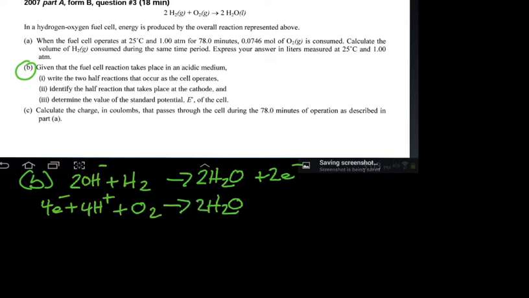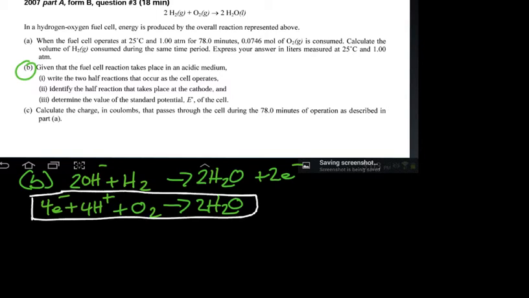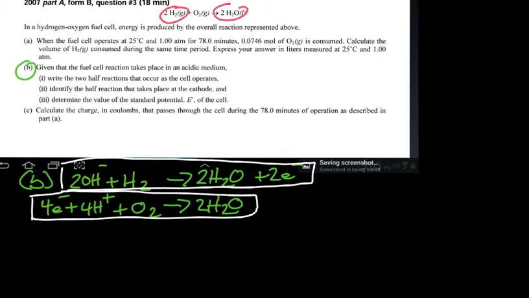So we've got these written down as they'd appear on the reduction potential table. I forgot to mention that while this bottom one is complete, and when I looked it up in the table I didn't have to flip it, the top one here was written in the reverse form, but you remember that we've got to draw the reaction as it's indicated up here, and up here the hydrogen is becoming water. So this one I did end up flipping. The other thing is, since it's done in acid, I doubt they're going to let us keep this OH. So you remember we're going to get rid of that, and we're probably going to have to rewrite it down